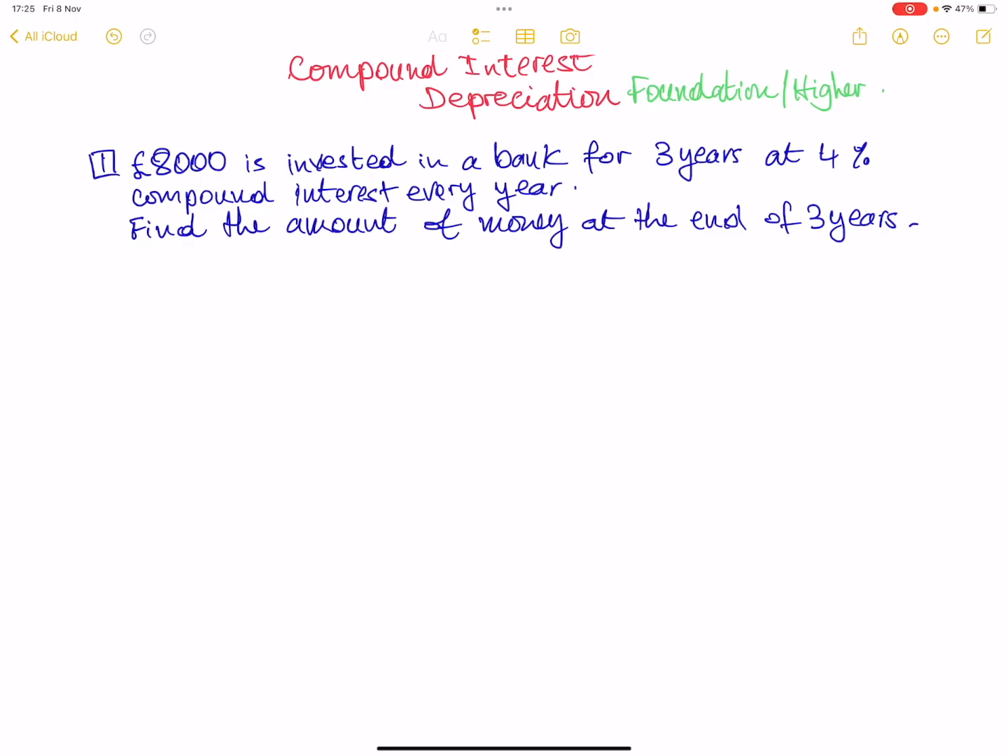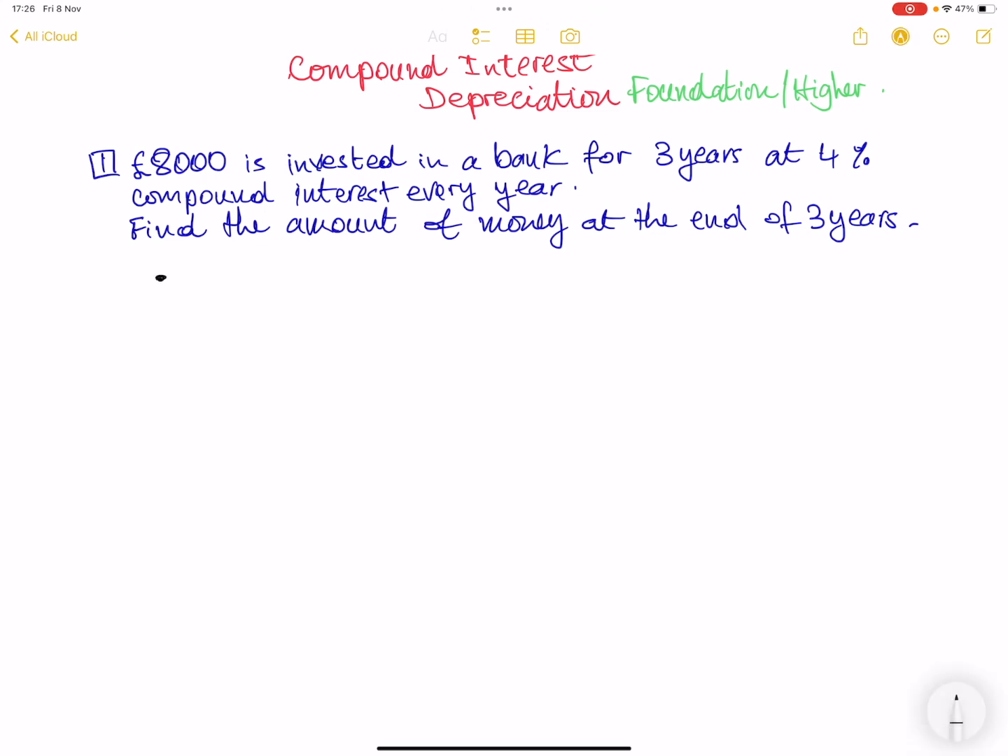Let's say we have £8,000 invested in a bank for 3 years, and you are getting 4% each year, and this is called compound interest. If you want to find the amount of money at the end of the 3 years, you will have to start by